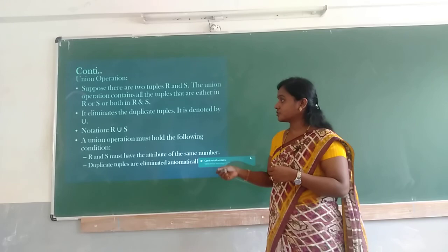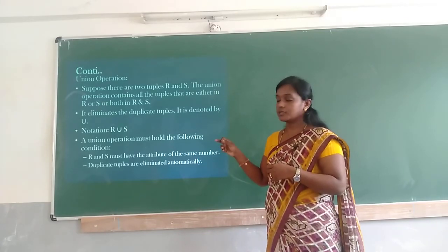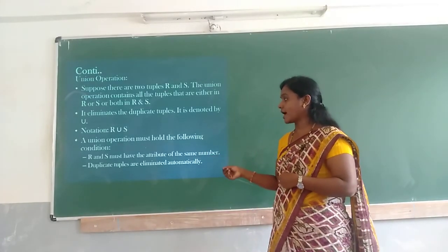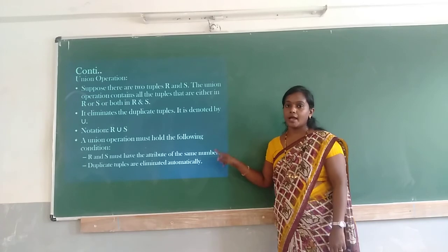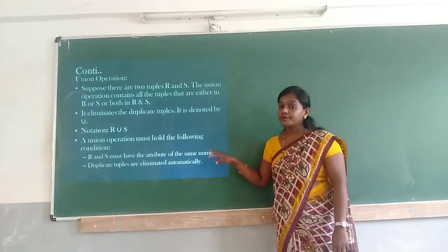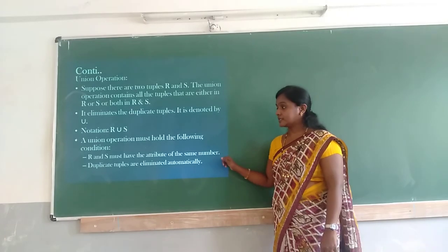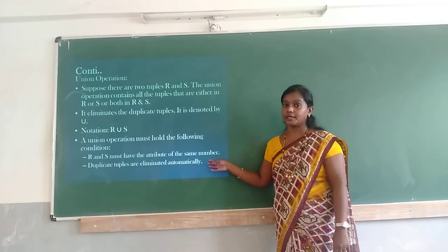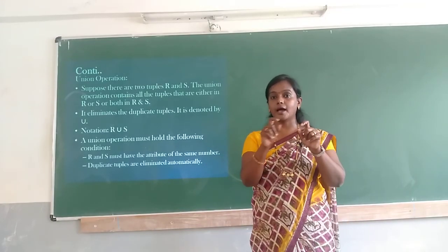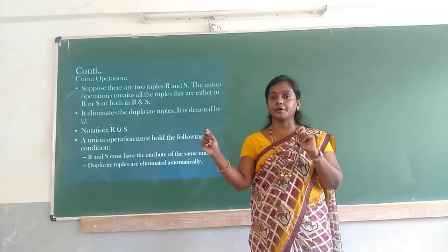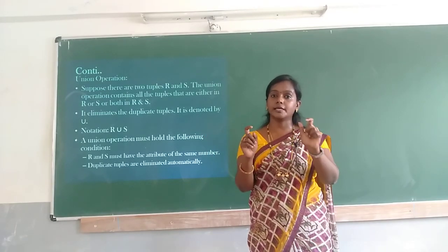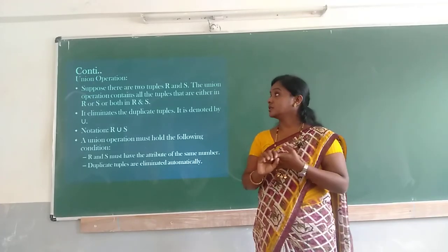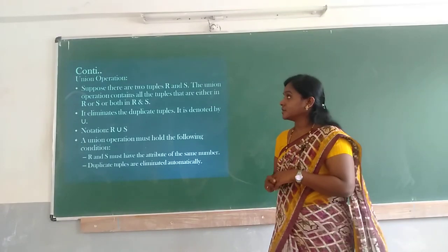The union operation must hold the following condition. What is the following condition? R and S must have the same number of attributes, and duplicate tuples are eliminated automatically. So if one table has some data and another table also has the same set of data, only one set of data is displayed, the duplicate copy of that data is removed automatically. So this is about the union operation. So next we have